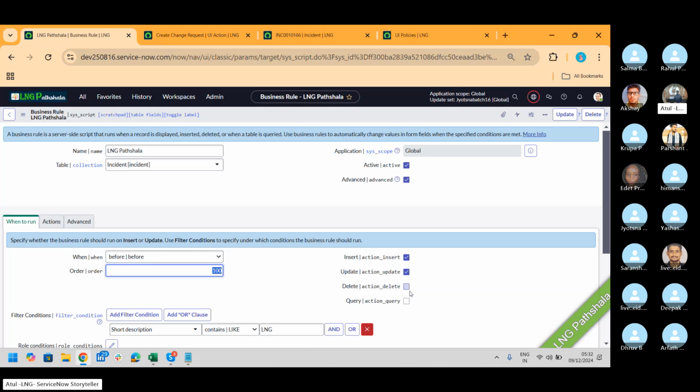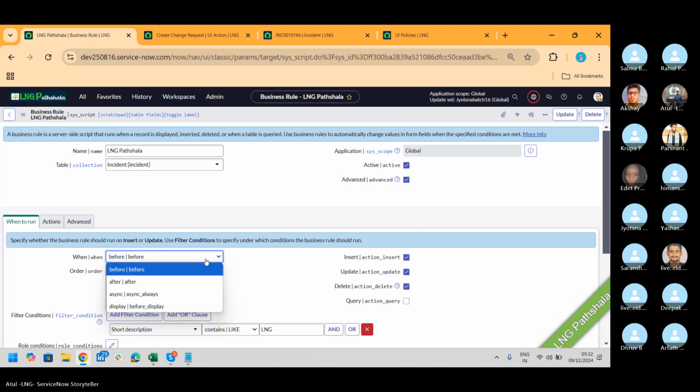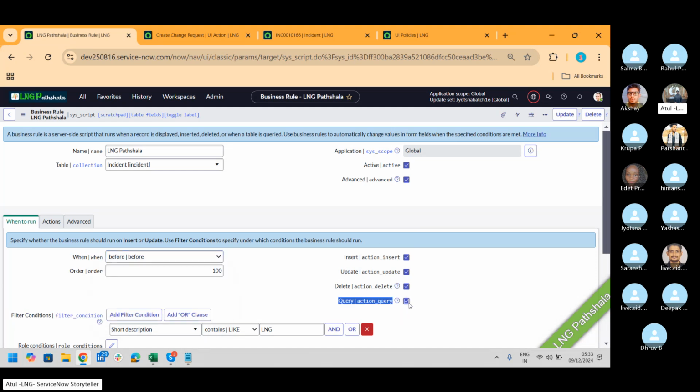If you want to delete any record, like we deleted the UI policy and client scripts, then we get a message before delete: are you sure you want to delete this record? Or you get a message after that. After deleting, we got just one message: thank you so much, the record has been deleted. And if you want to just display or query something from the background, then you can use these options. Now, doing these 4 things,